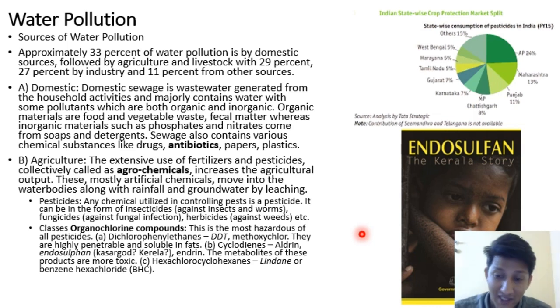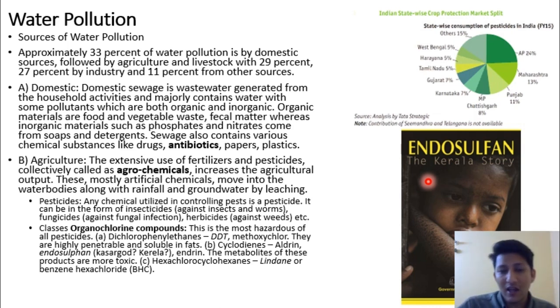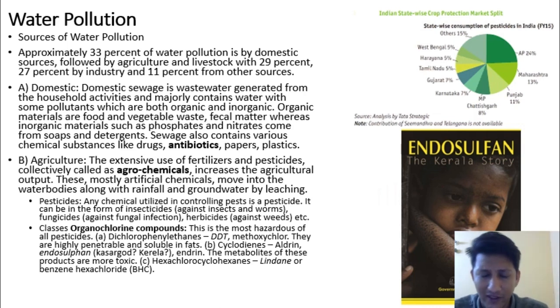So it has been accepted by the government of Kerala that these farmers or even the authorities were using a lot of endosulfan. For the past 10 to 15 years, they abused the whole area, the whole ecosystem, and they put a lot of chemical on that area. So that chemical entered into different organisms, different parts of ecosystems, different food chains,